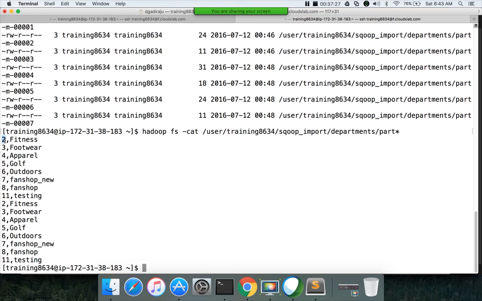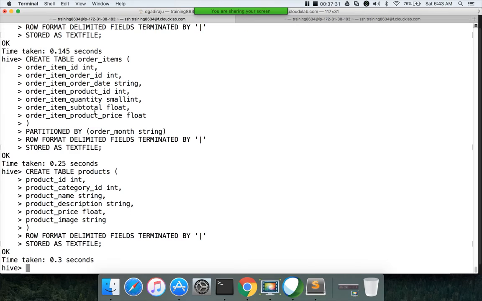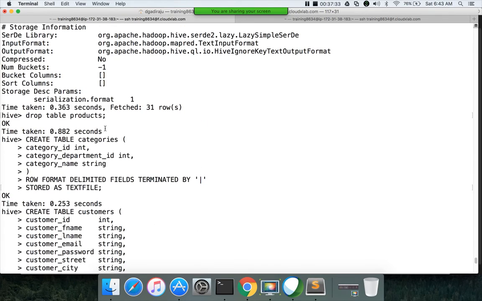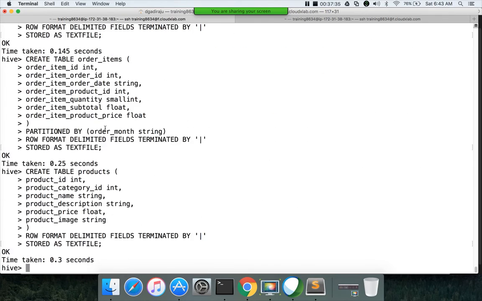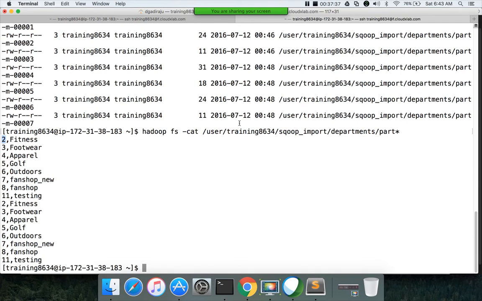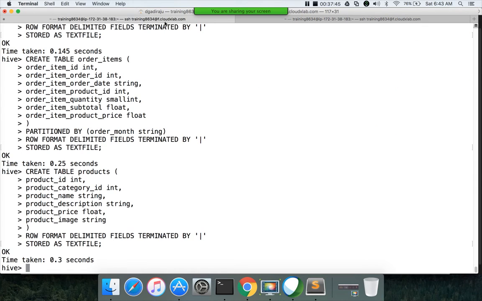I will demonstrate. Here we already have the table departments, and we will try to copy this data from this location. The way you can do it, here we are trying to load the data from an HDFS location.